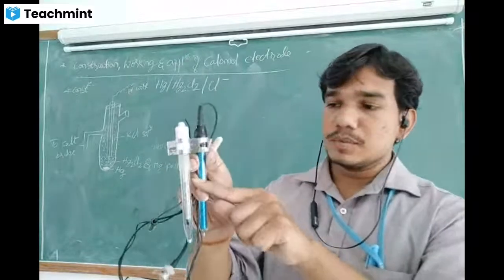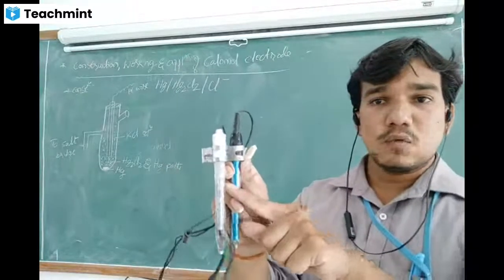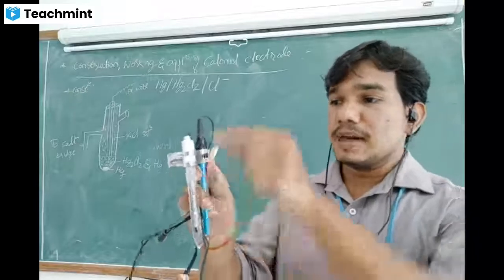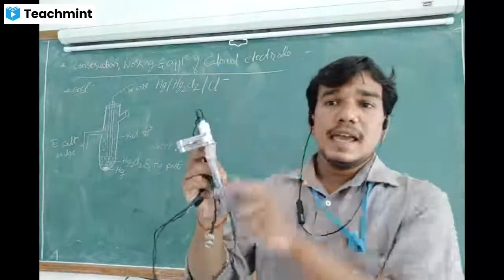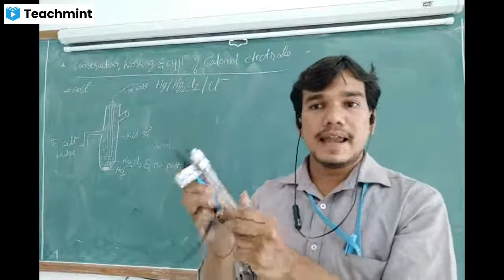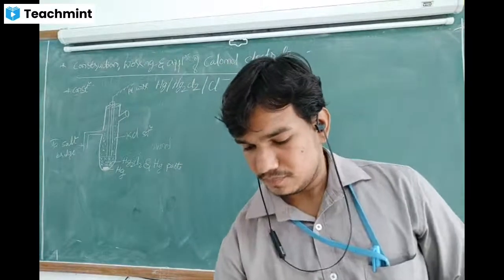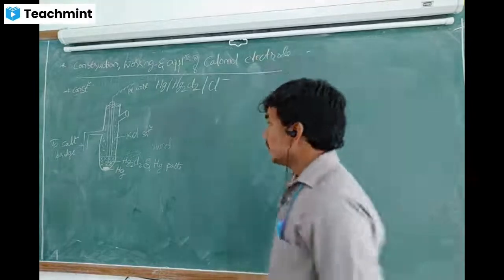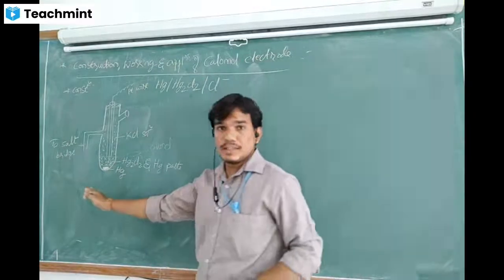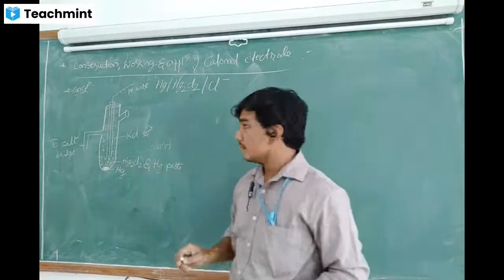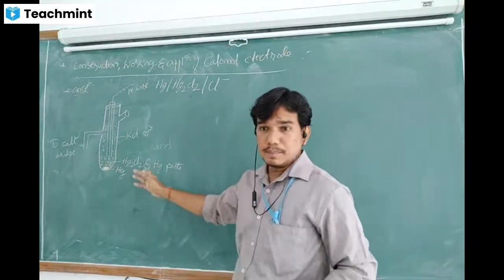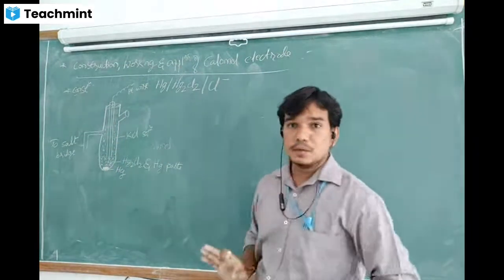And you are observing one wire here. So this wire is a platinum wire. So this one acts as the external electrical contact. Okay. So for the diagram, 2 marks will be there for construction. So construction is simple. In simple words, we have to explain.